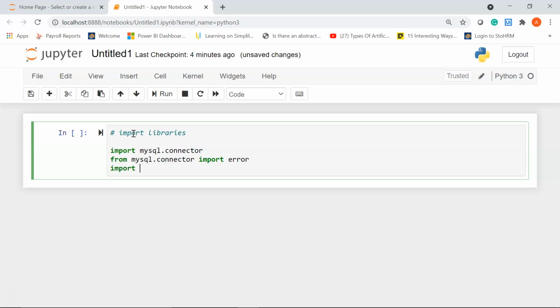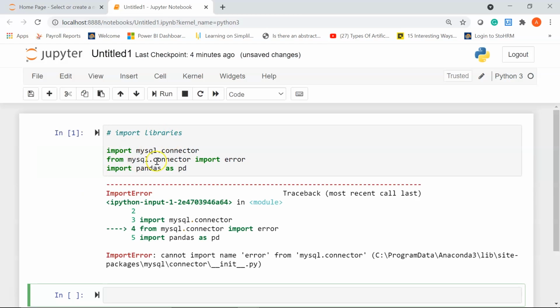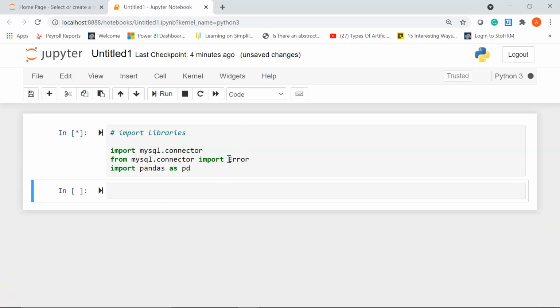Next, I want to import pandas as pd. So let's run this. Okay, there is some error here. This should be capital E and not small e. Alright, you can see I have imported my important libraries.